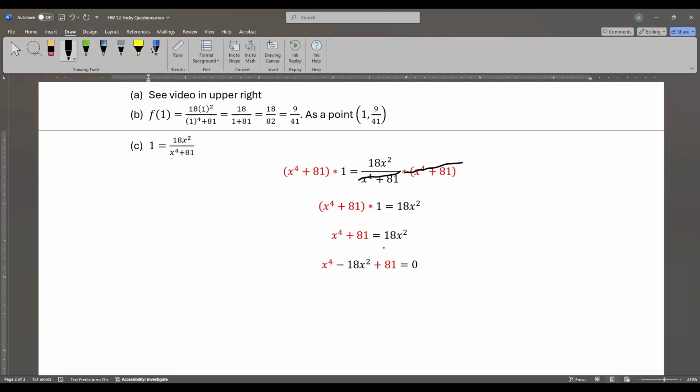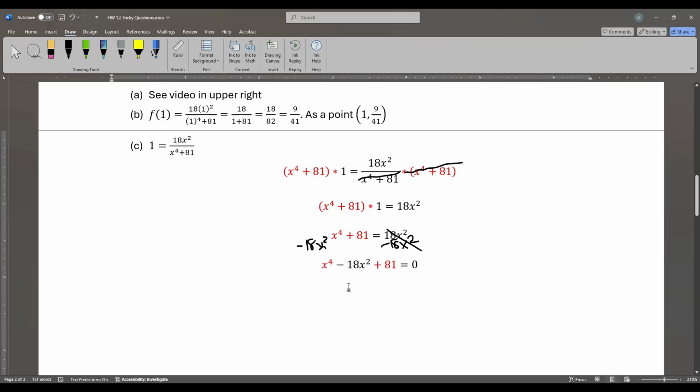Just to be a little more clear about that, I'm doing minus 18x squared. That cancels this out, and I'm doing basically minus 18x squared on the other side as well. I'll put it over here. I'm just sandwiching it in the middle of the terms. Okay, and now